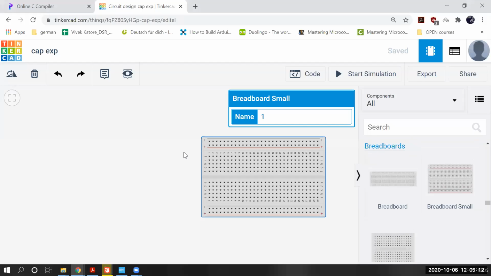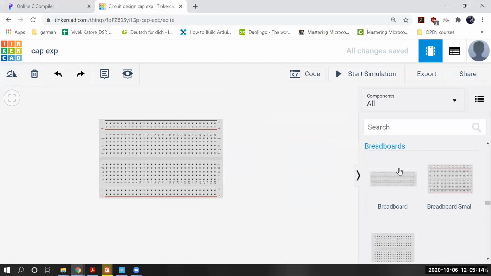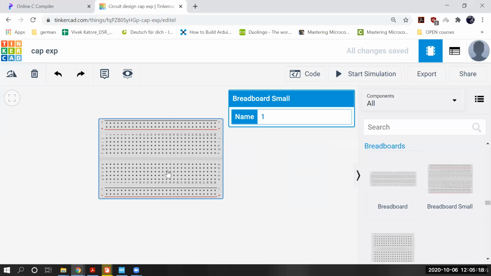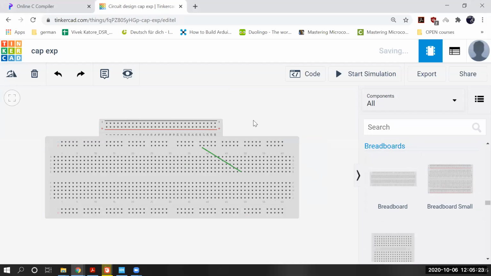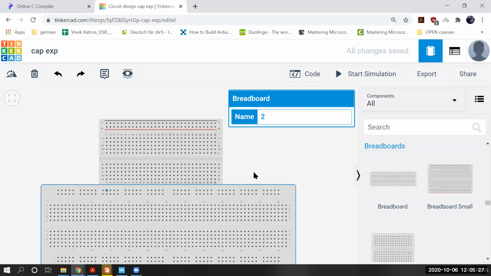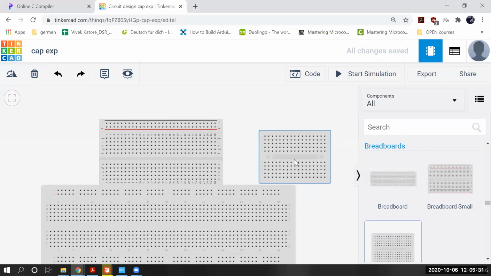We have different sections here. So here are the breadboards, you can have a look. They are of different sizes. This one is a small breadboard, this one is bigger, this is a big breadboard, and this is a mini breadboard.